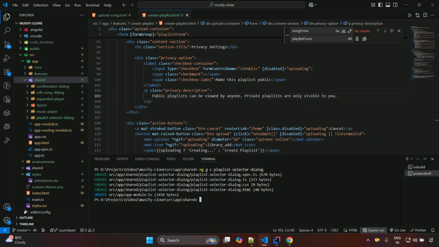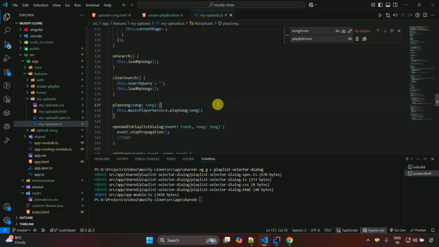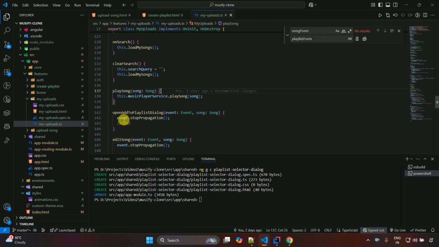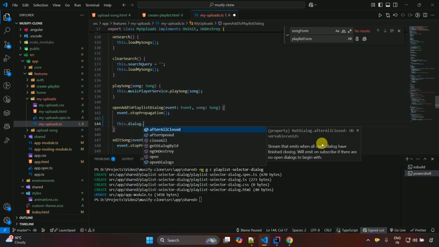Now we have to go to the my upload section, and in that one we have a method, right, which is related to the to-do. So let's go to the features, and we have my uploads. Go to the TS and then search for to do. Okay, we already had this particular method, which is open add to playlist dialog. This one, just remove this to do, and then we have to write here this dot dialog dot open, this one,